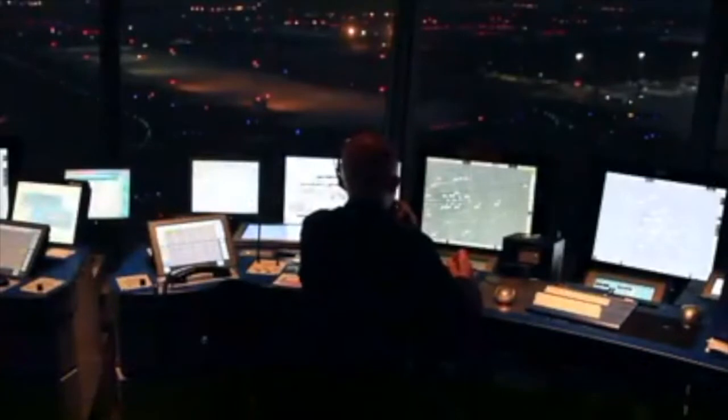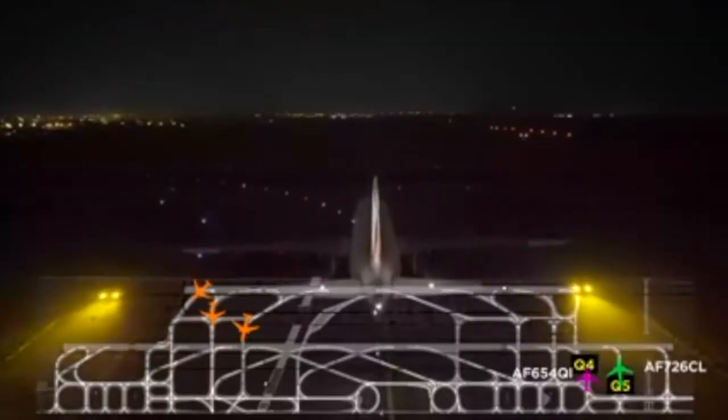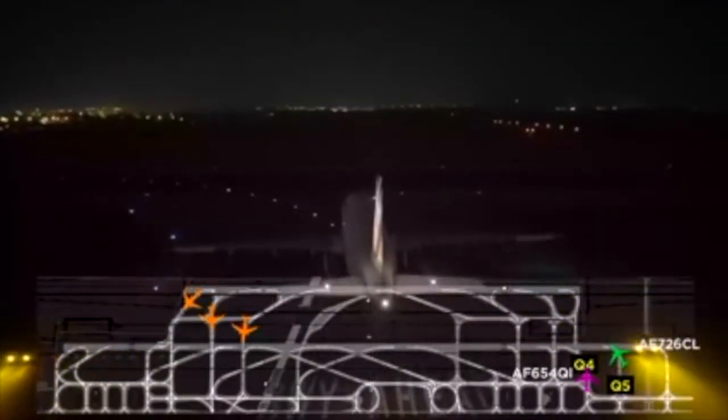Air France 726 Charlie Lima from Quebec 5, line up, runway 27 left and wait, number 2 for departure, behind Airbus 320 from Quebec 4. Air France 726 Charlie Lima. Swiss 63 Juliet, cross runway 27 left via...